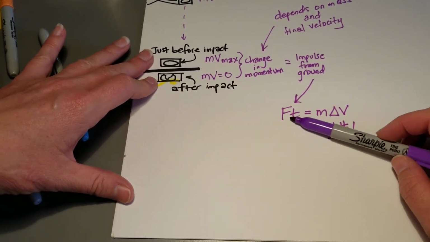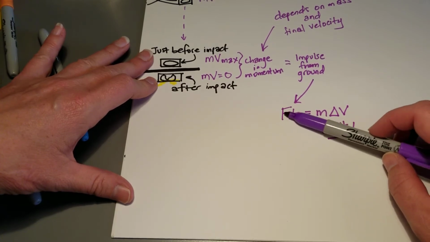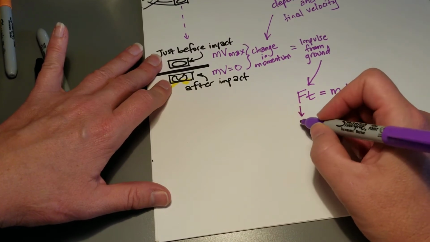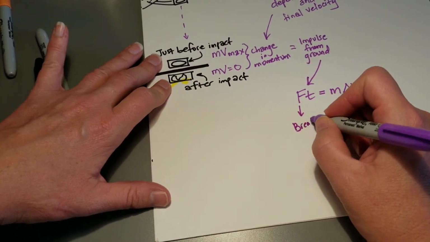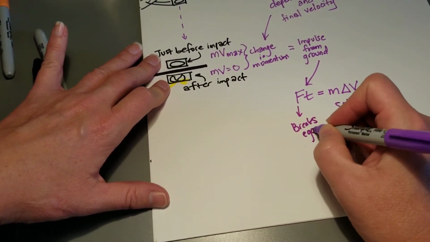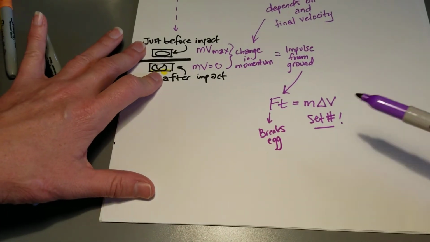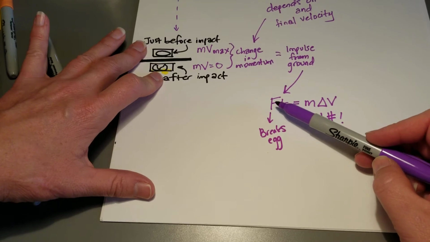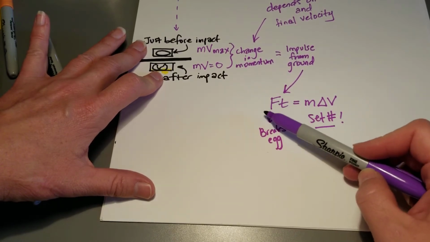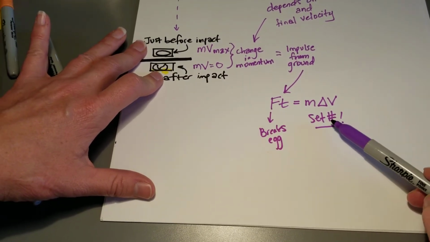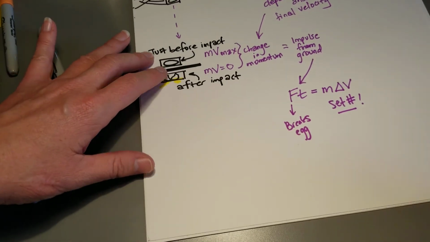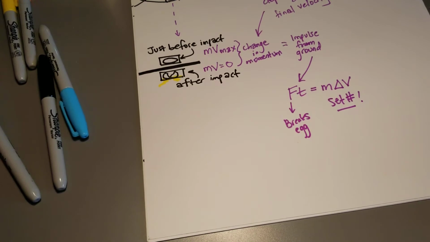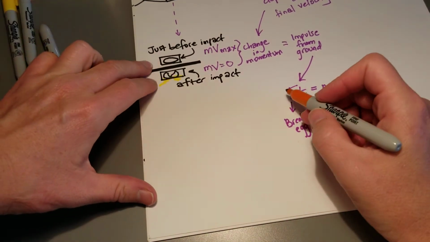This part then is also a set number, and there's a force in there, and this right here is the force that breaks the egg. But if you recall our discussion about impulse and momentum, that impact force can be changed even though this whole side over here is a set number. So let's expand on that just a little bit and be sure that we are clear on what part of this impulse